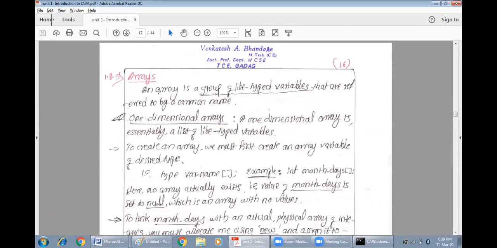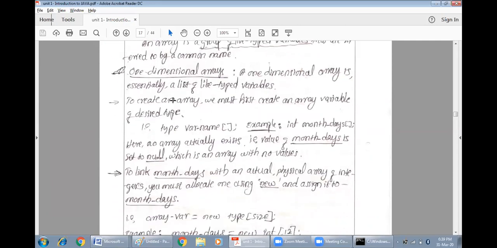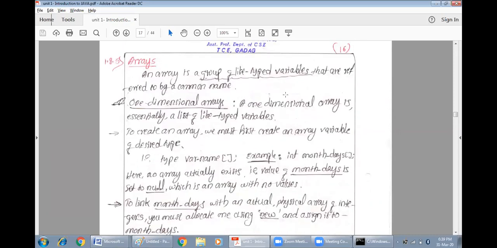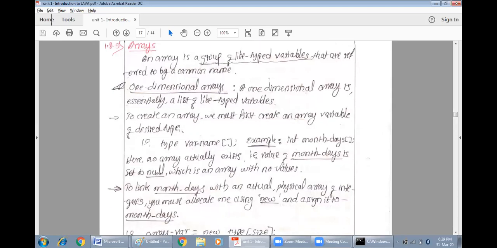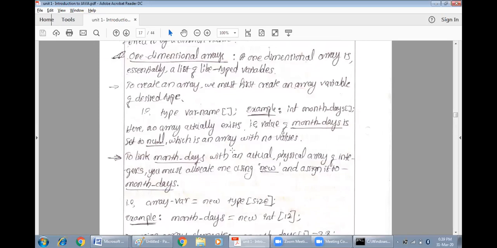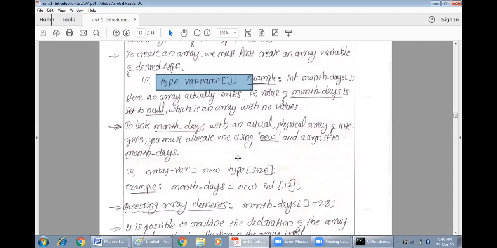Arrays are the same in Java, but the difference here is in defining arrays. As we all know, an array is a collection of elements of the same data type. If you are declaring an integer array, every element must be of type integer. In the beginning we'll start with the one-dimensional array, but declaring and defining an array in Java takes two steps. In the first step, we have to define the variable, that is the name of the variable. Then for that variable, we have to allocate the memory. So it takes two steps.